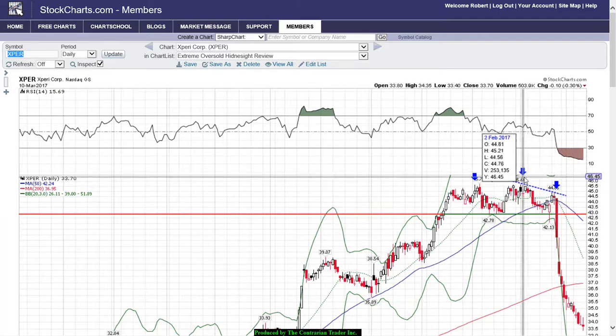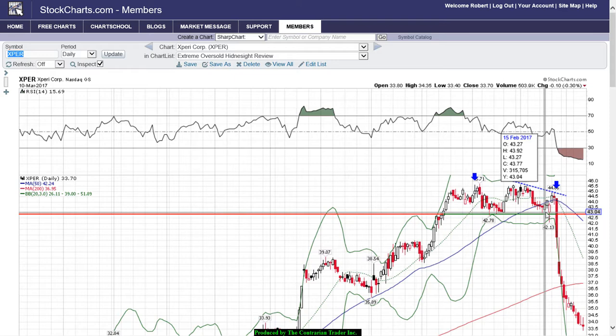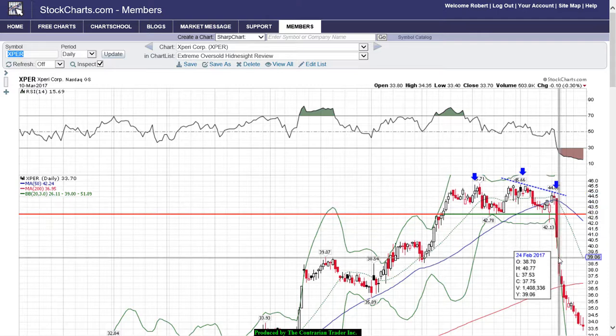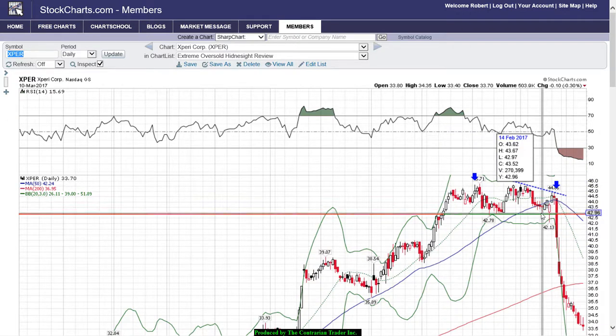And if we begin to put in a lower high and roll over, you had better have a stop loss order in just below the prior low, because the probability of the trend reversing and going a lot lower is very, very high. So in this case here, you needed to have a stop loss order in right below the 14th lows of February at 42.97.